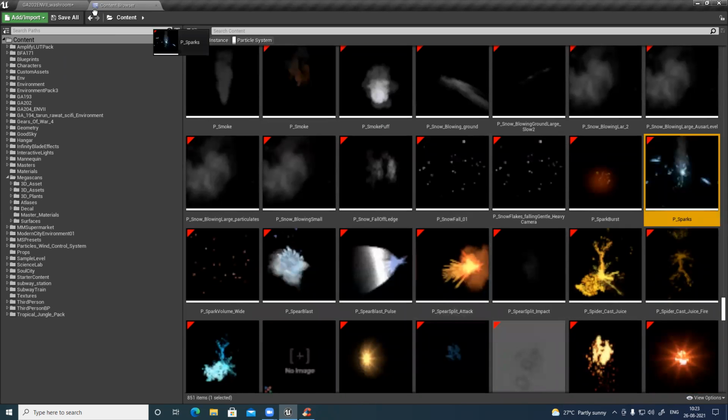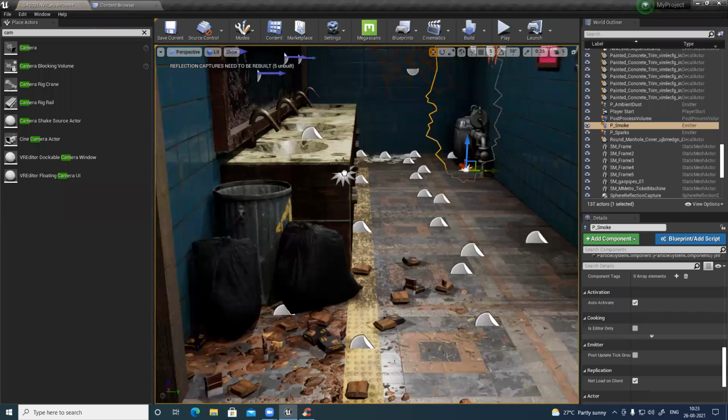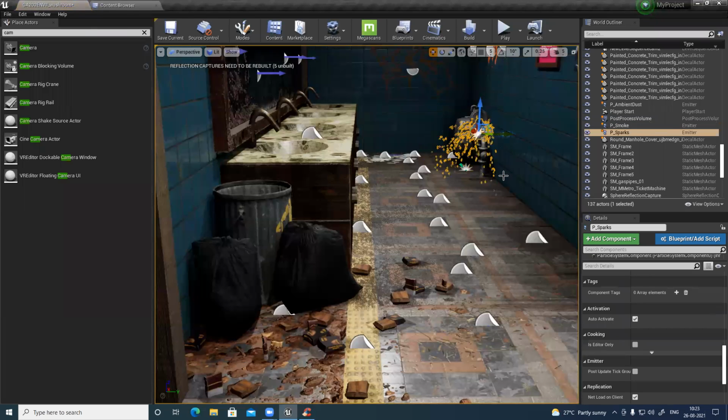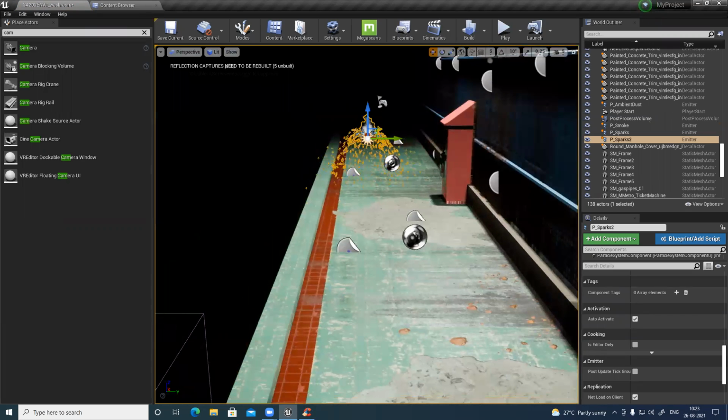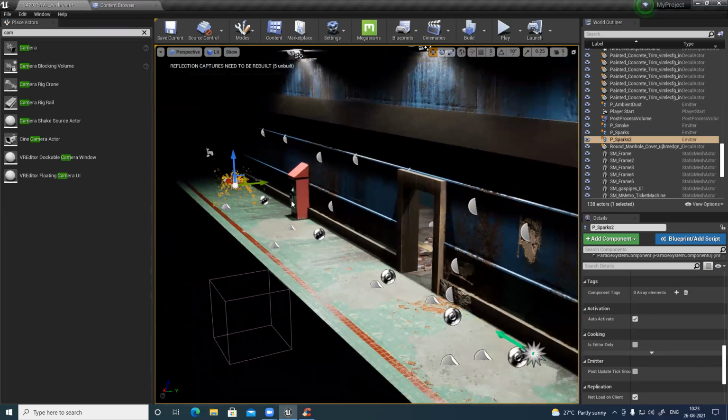Spark is also there. Okay, this is the default in Unreal. It's there by default. Because there's a little smoke, a little spark can be there. And I kind of like this one, so I'll use it outside also, just to make my scene interesting.